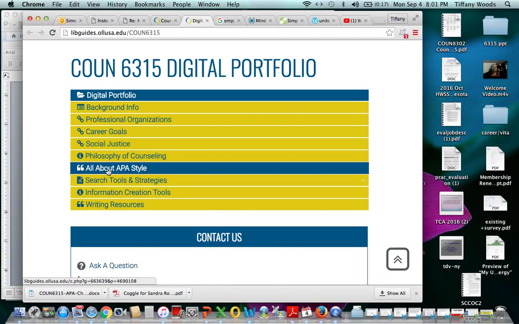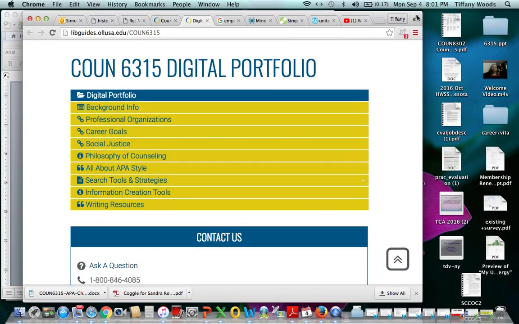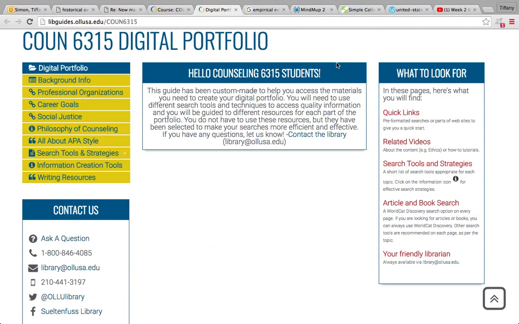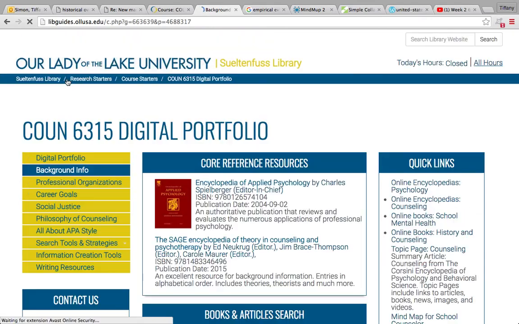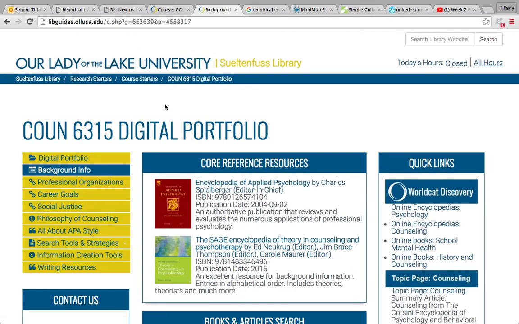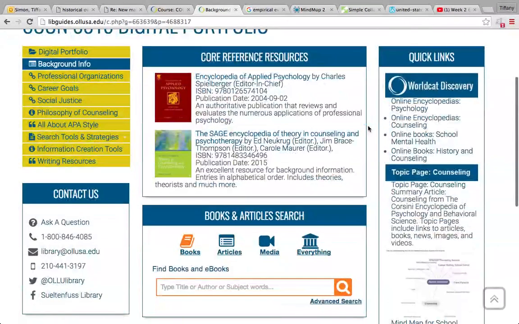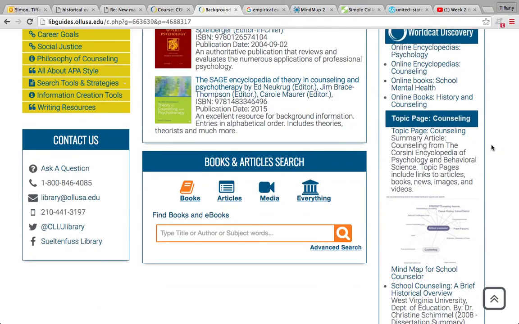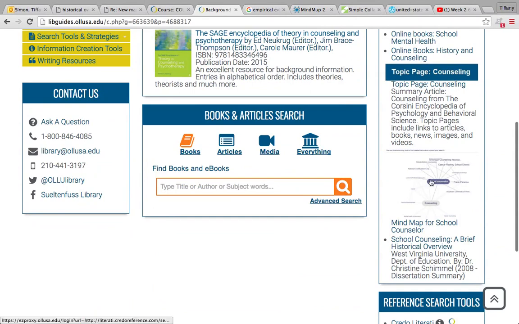I saw on one of the posts, I think it was Joan, she asked about different ways to help increase her knowledge of APA. Clicking on the digital portfolio is one of those ways that can help you with that. There was more information the librarian had for the mind map for school counselor.